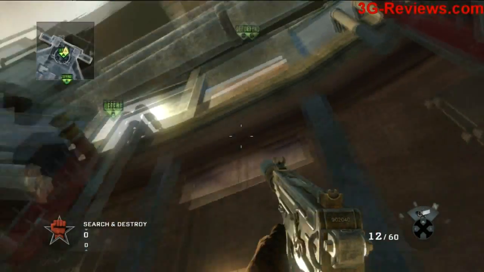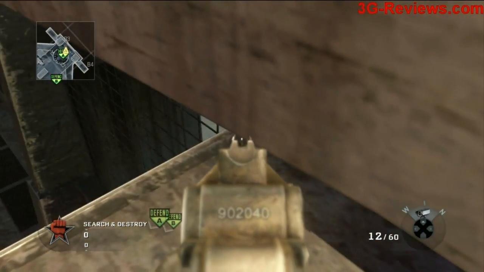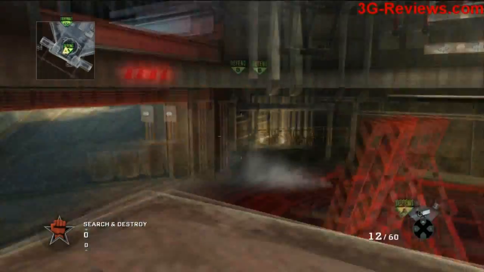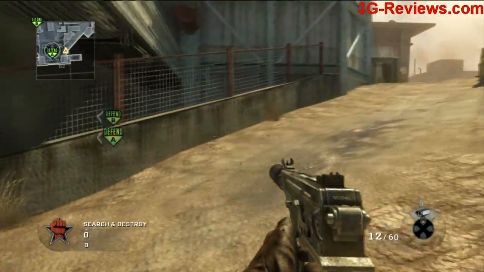And if some jerk just comes down and drops down, you can always put a claymore right here, and when he drops down, he hits it, he blows up, and you just stay alive. I've done that several times. And yeah, that'll be for that part. As you continue up here,